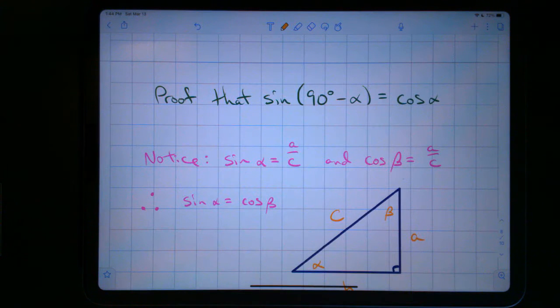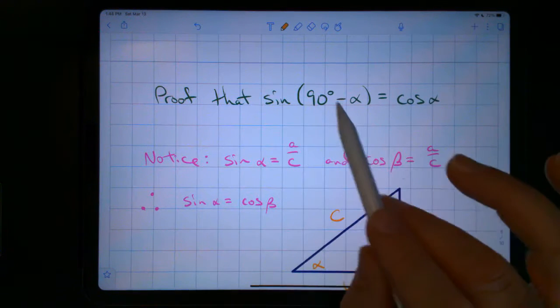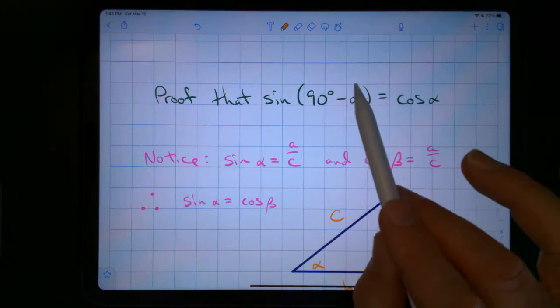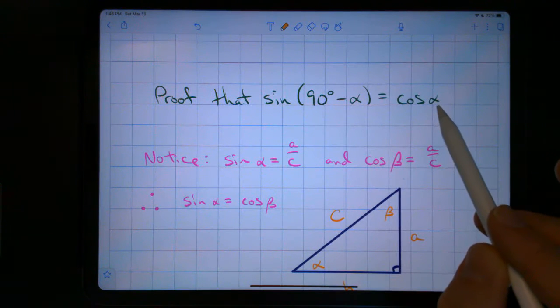Hello, here I will cover some concepts from section 7.5, right angle trigonometry. First, I would like to cover a couple of proofs. So the first one is that sine of 90 degrees minus alpha is equal to cosine of that same angle